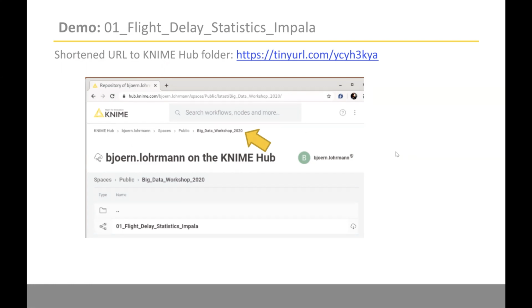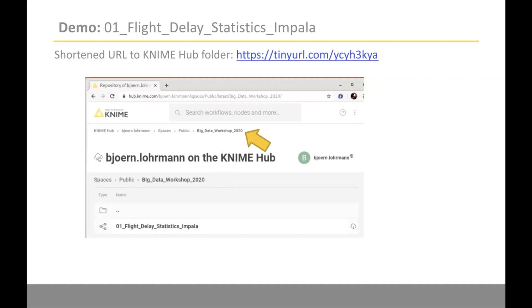Okay, so there's one question here which I'd like to answer, which is whether you can create a local prototype of a workflow and then productionize it by swapping out the connector node with a real one. Yes, you can do that. So we have this create local big data environment node that allows you to do exactly that.